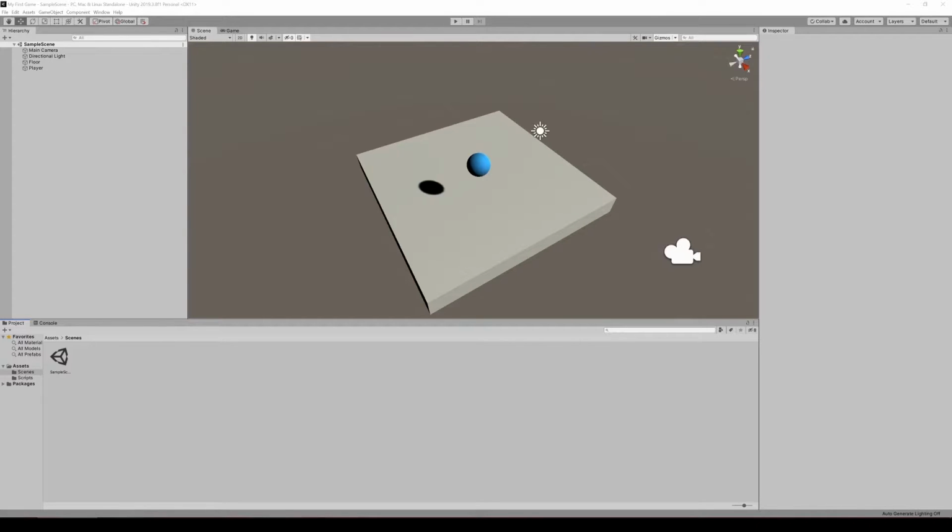So in game development, unless you're doing a 2D game, we normally use 3D models, which consist of meshes, textures, materials, animations, all those sorts of things. You can make your own models using various 3D modeling programs like Blender, Maya, Max, and a whole bunch of others. But for this example, we're going to be using an asset pack, which is made by